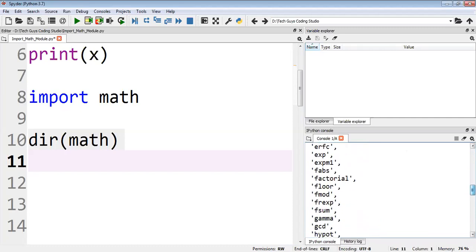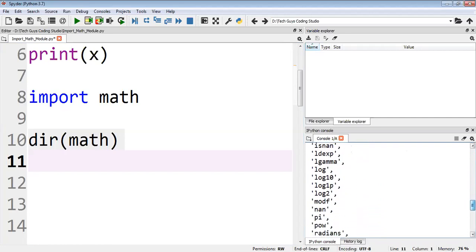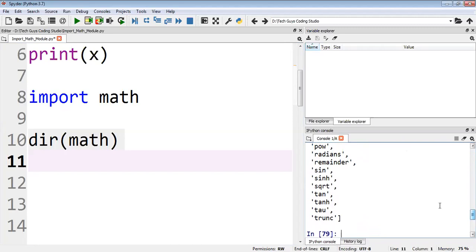Then we have the floor method, factorial also we will do, then sine theta, cos theta, then exponent, then pi, power. We have so many methods. Square root also we have. Here we have the square root, so I need to import this square root.